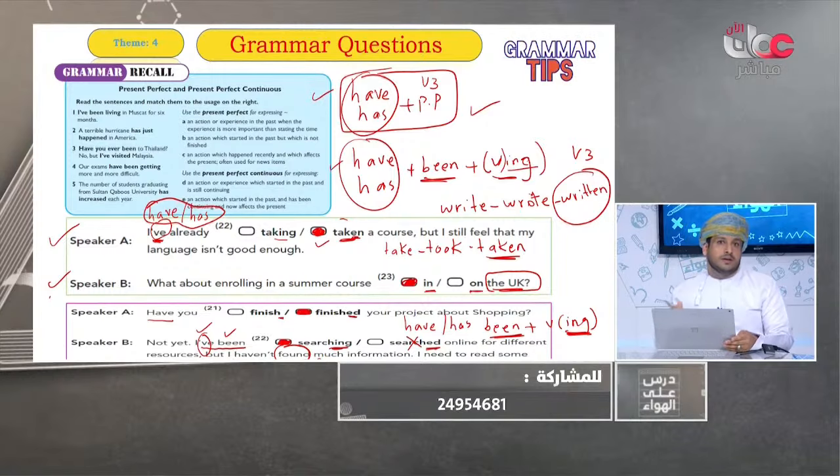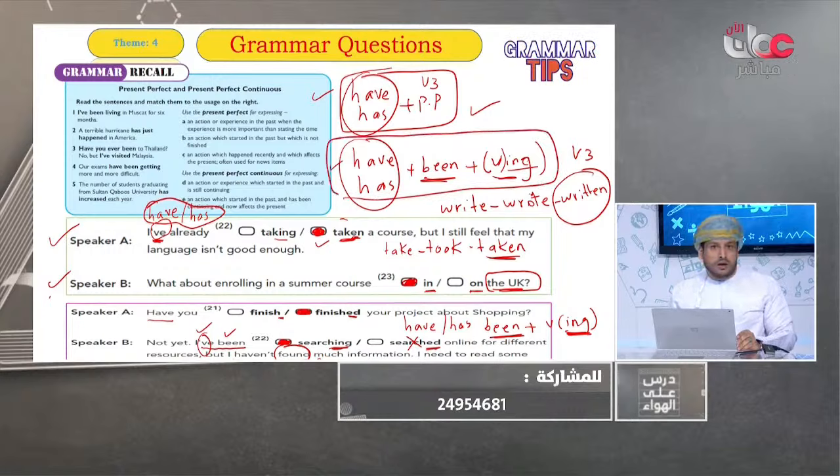The second grammatical rule is present perfect continuous, which uses have and has, followed by been, then the verb plus ing. So this is really important. Bear in mind for tomorrow's exam, if they are targeting such questions tomorrow. Be careful dealing with these two grammatical structures. They come every year. So tomorrow inshallah we will have those questions. I hope you can answer all of them correctly.